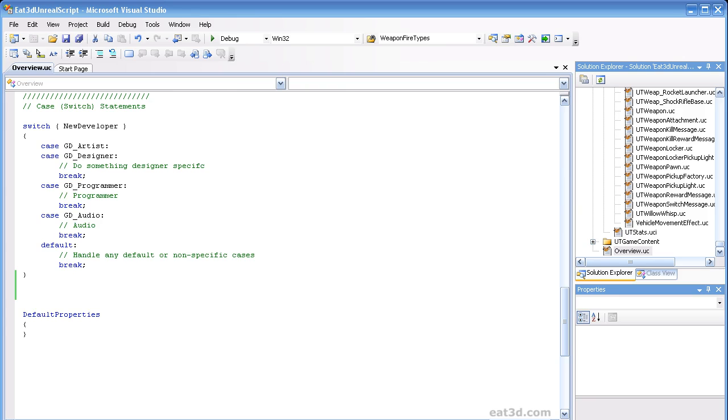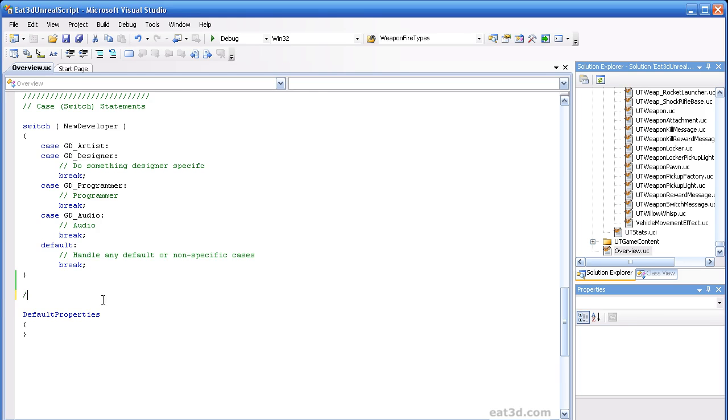So if you have a set number, in the case of an enumeration, there's a fixed number of entries in an enumeration, so you can loop over the length of that enumeration, so to speak, and be able to hit all the elements to check against them. So what we're going to do is set up a for loop right here, and we'll go ahead and put in our header.